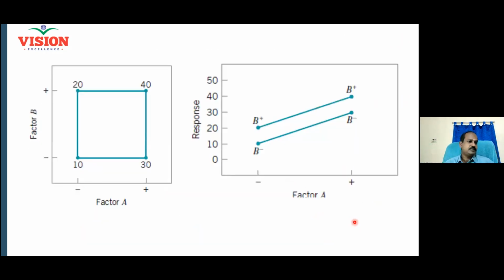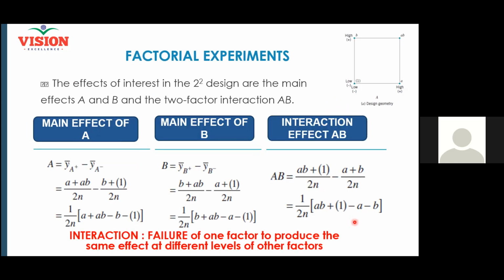Clear? Sir, if you can go back to the previous slide, the interaction, it says AB plus 1, where A and B are both low and both high. Both high. And the other factor, it is both individually high. This one you are saying? The first equation says both together high, both together low. You are coming to this equation now. No. The AB interaction effect.